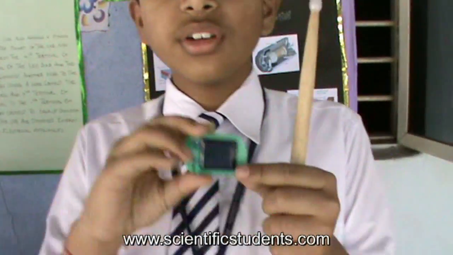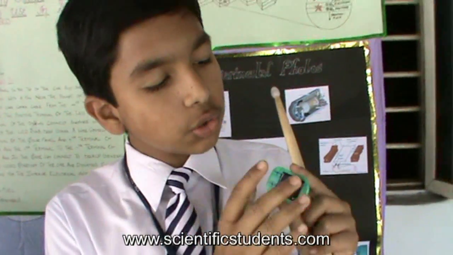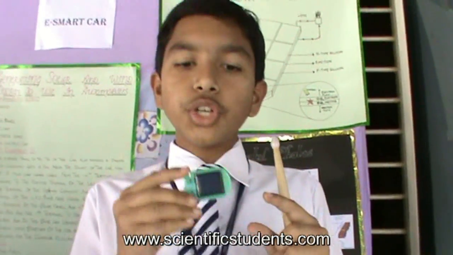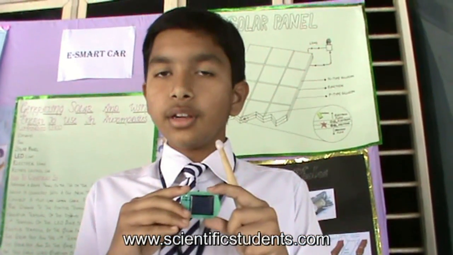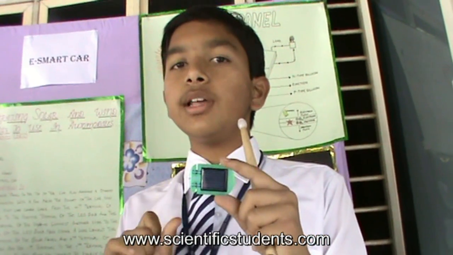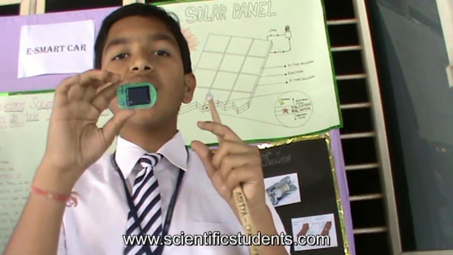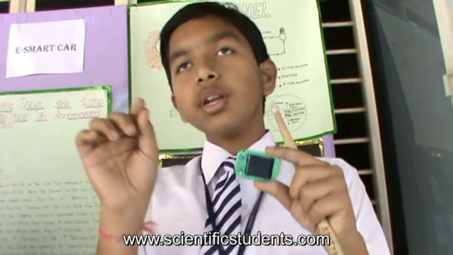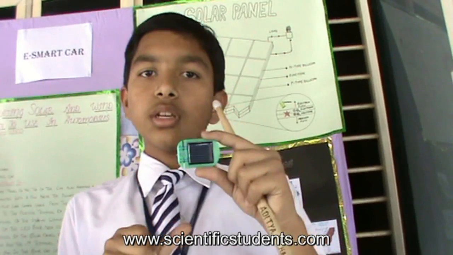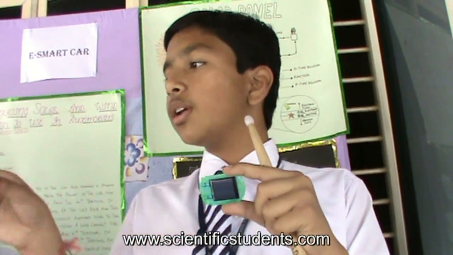So in order to increase the voltage, you have to connect all those solar panels in series, and you can connect them to the car. So our car involves the usage of solar energy to ignite the car and also to recharge its battery. In order to ignite your car, you can take a 12-volt panel, which is easily available in the markets, containing about 36 cells, 24 by 54 inches long, producing about 18 volts. So this can be easily used to ignite the car.